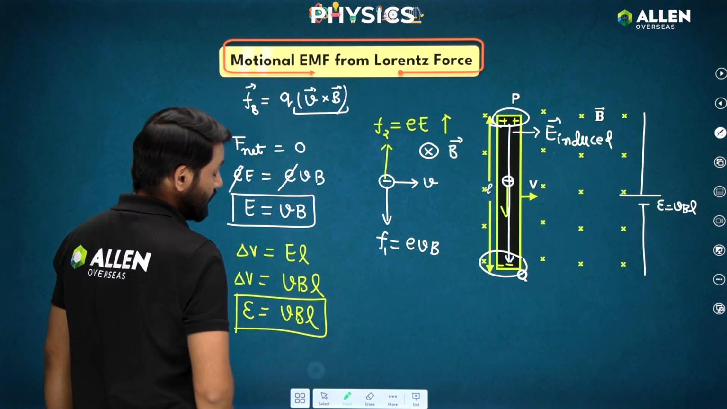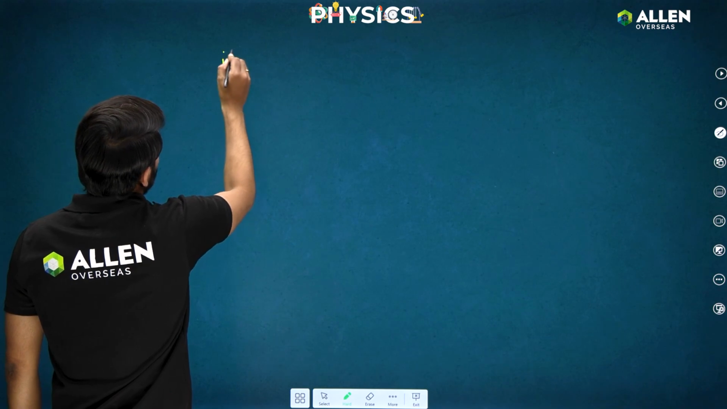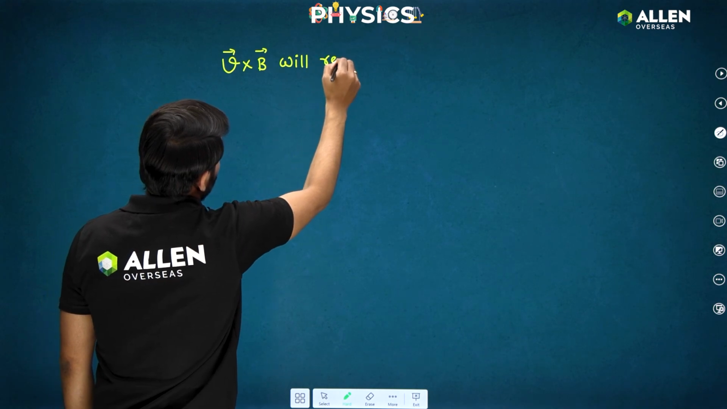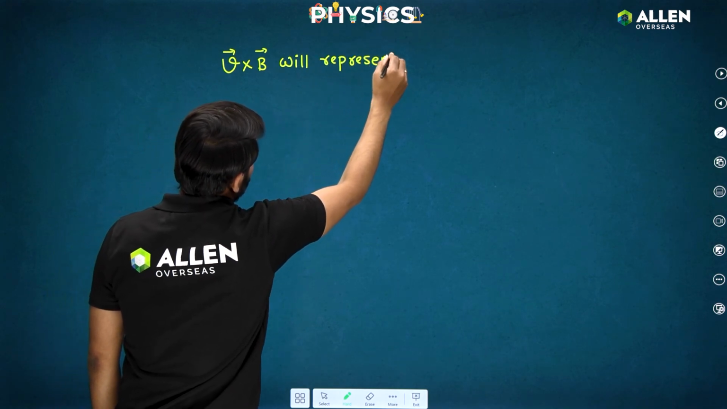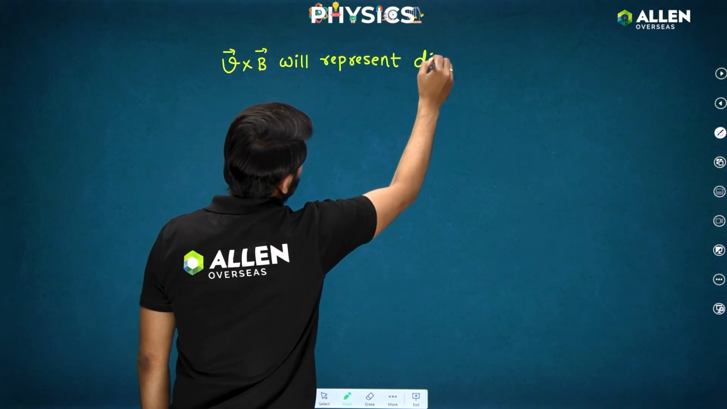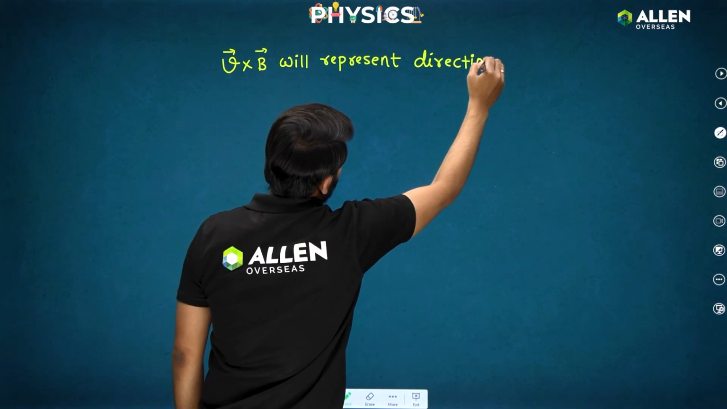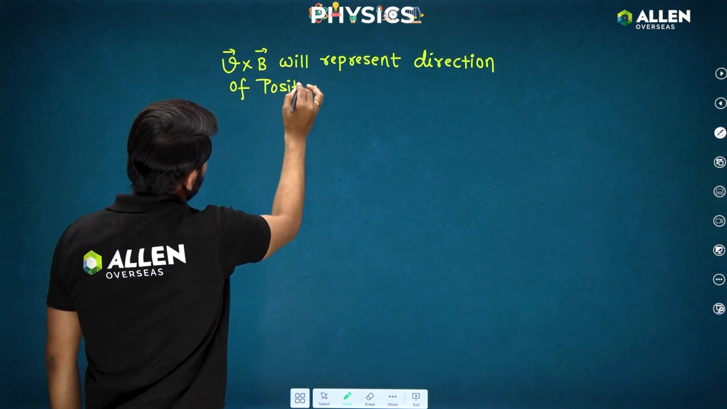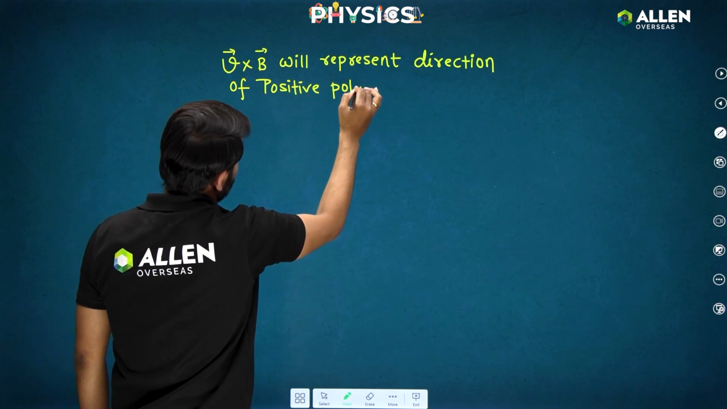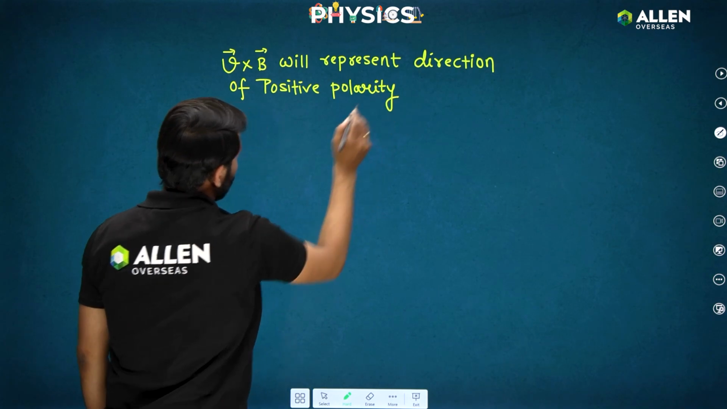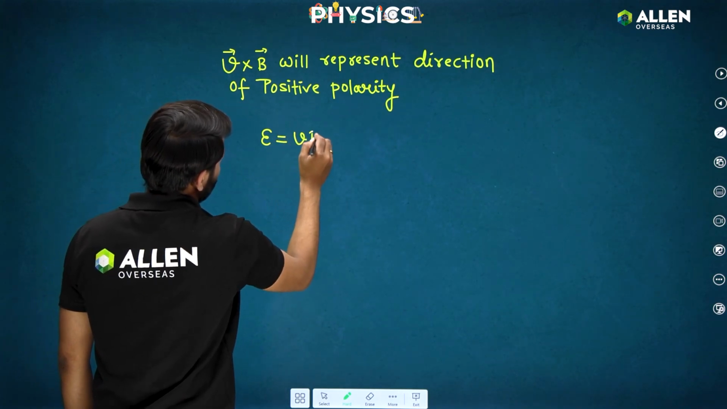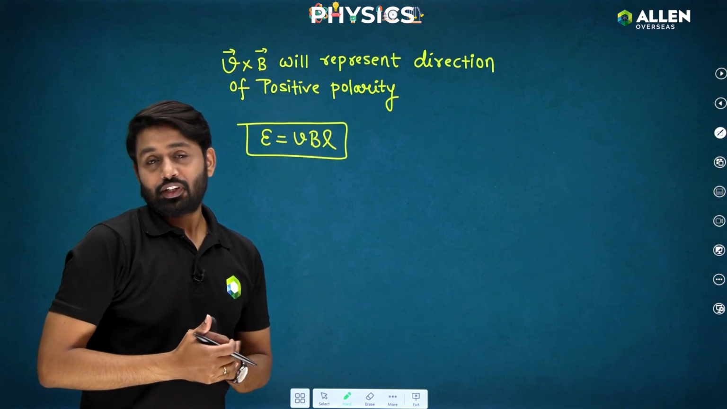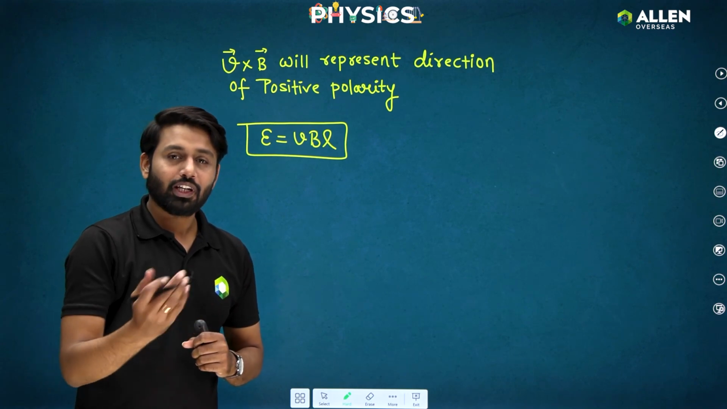So I'm writing here: V cross B will represent direction of positive polarity, and formula is VBL. Okay, right students? You can say, sir, you are taking a straight rod, you are taking a straight wire,